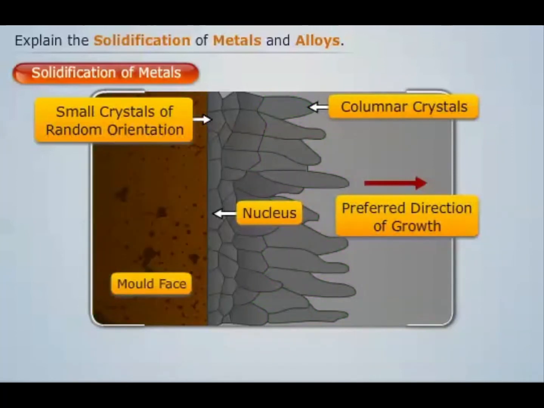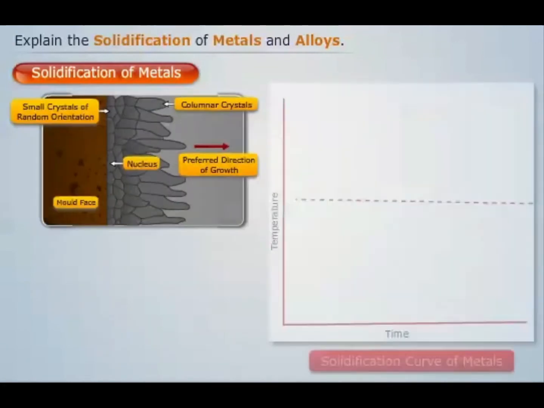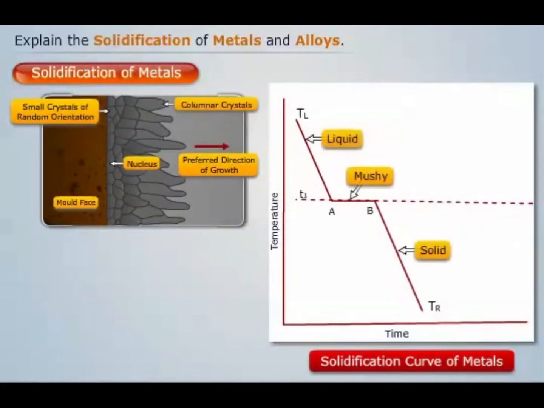Thus the shape of the molten metal crystals formed will be as shown. Note that during solidification of metals the temperature remains constant. This can be represented graphically as